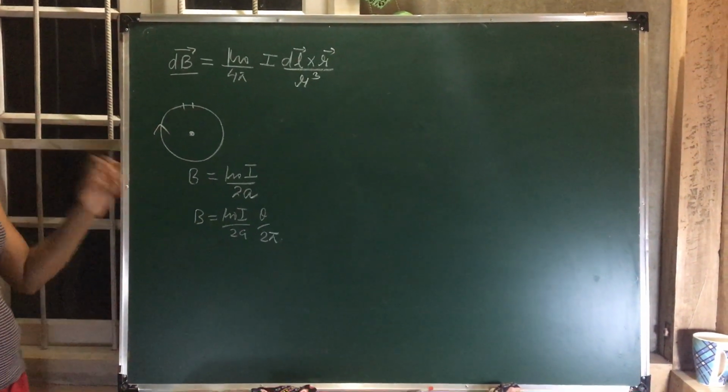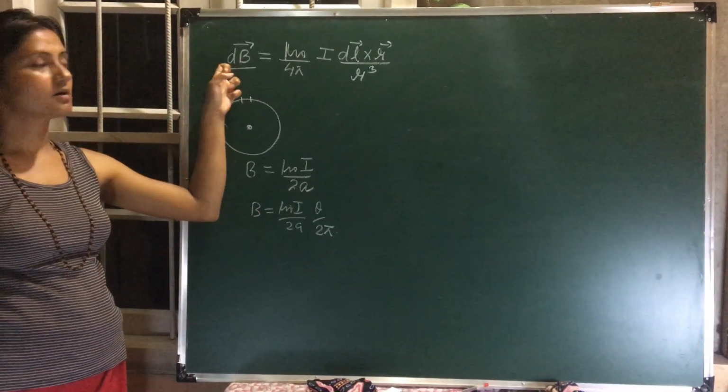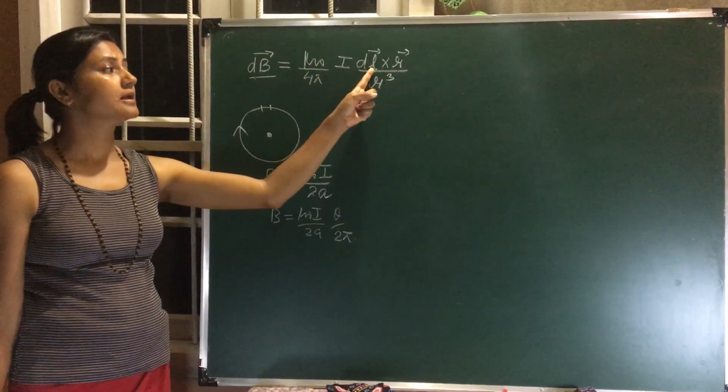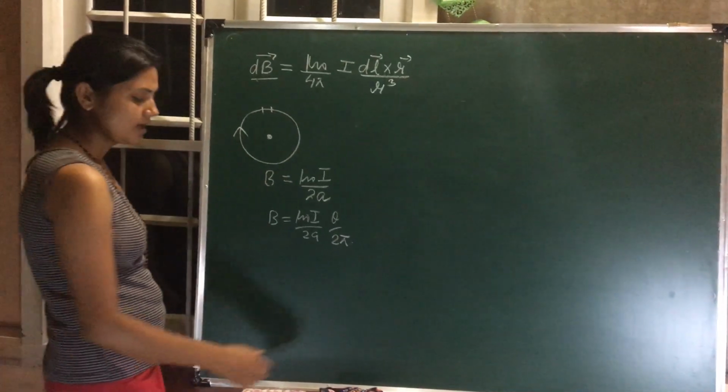Again, how to find out the magnetic field at a point? By the use of Biot-Savart law. Biot-Savart law is holding for the elemental length only. That we need to keep in your mind. Okay. Now today